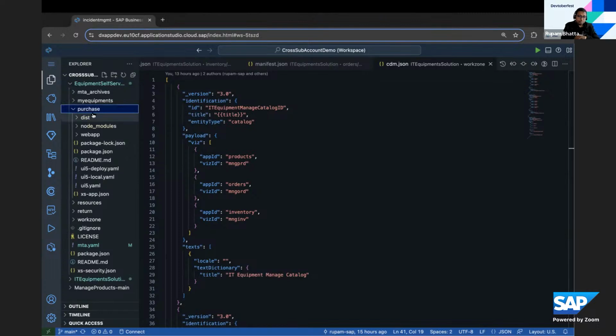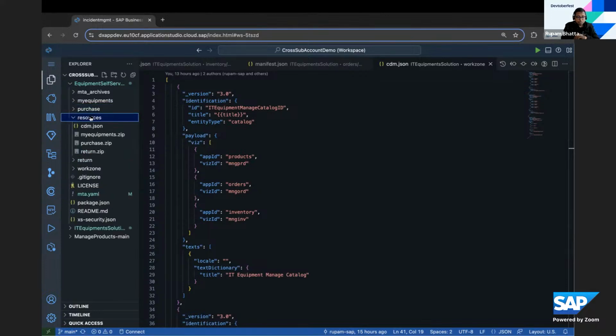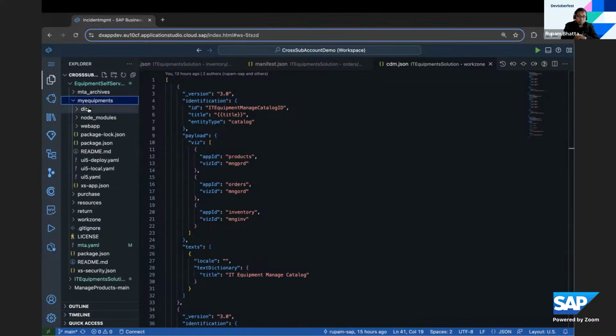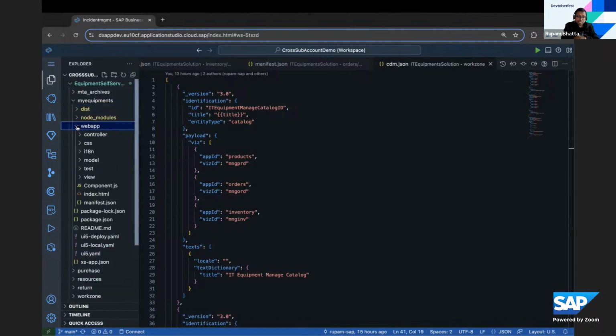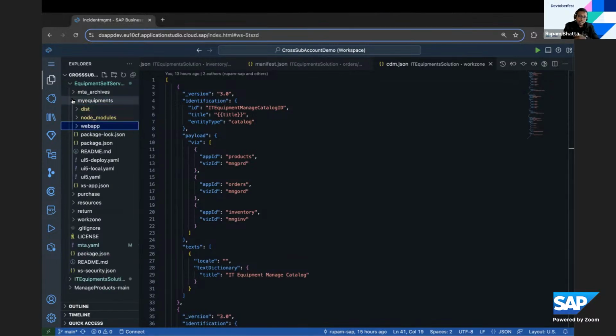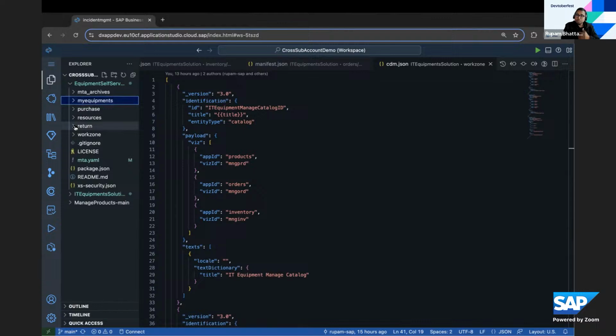And here, if you see the purchase, where employees can start purchasing the IT equipments or raise a purchase request, then the my equipments, where an employee can go ahead and see their equipments, and finally the return. So how to return your equipment if you have an equipment and it's perhaps not working or end of life. These applications are now bound together in this MTA, which is a different MTA, which is not the same